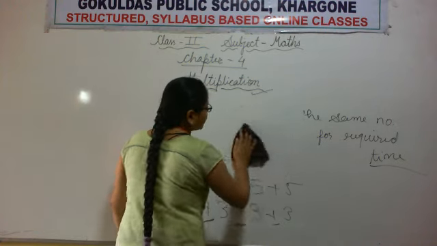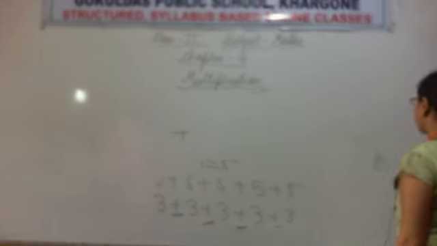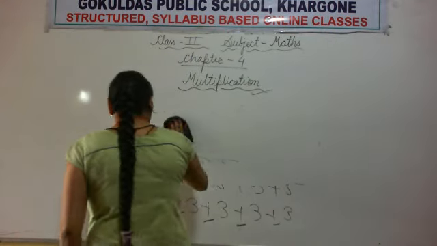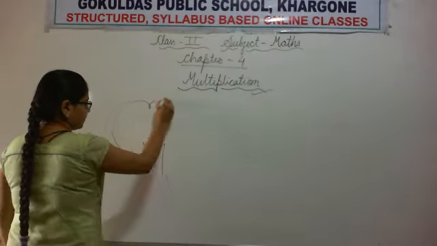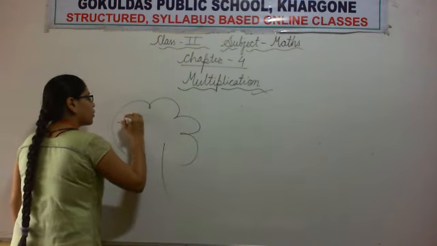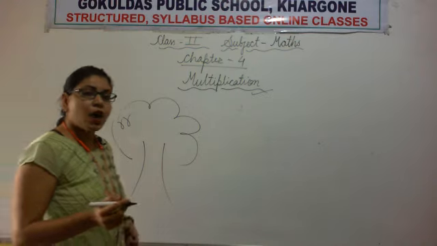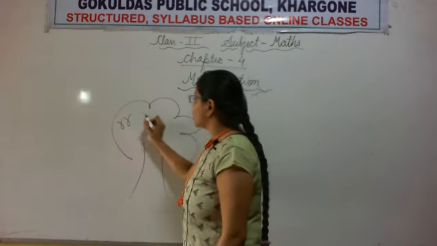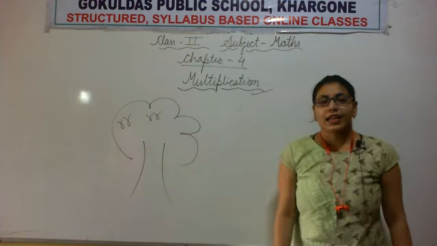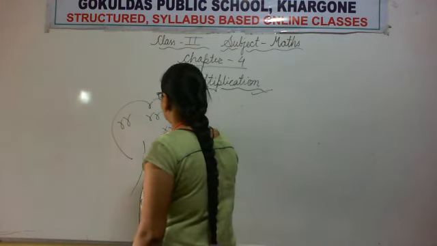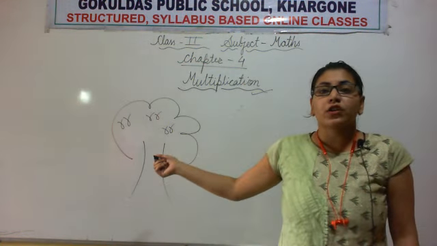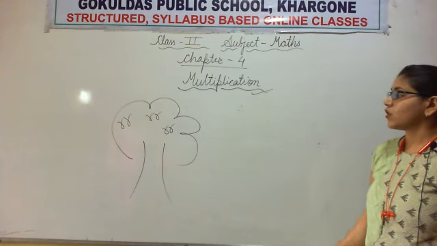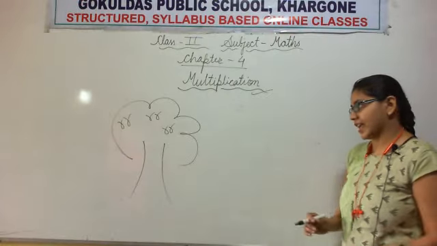Students, imagine there is a tree and some birds are sitting there. Let me draw it for you all. See, 2 birds are sitting there. Now 2 more birds came and joined them. Now 2 more birds came and joined them. So can you tell me the total? Tell me the answer. Yes, all of you are right.